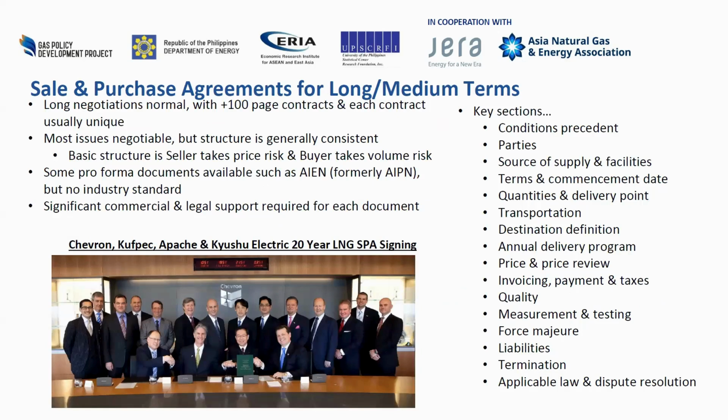There's just some color. These are the long-term ones. They're usually very long negotiations. You could do a long-term contract in a month if you were motivated to close it, but generally, they take multiple months. Pretty much everything's negotiable, regardless of what the counterparty says. There are pro forma documents available for these types of agreements, but you need significant legal support and commercial support to do one of these,